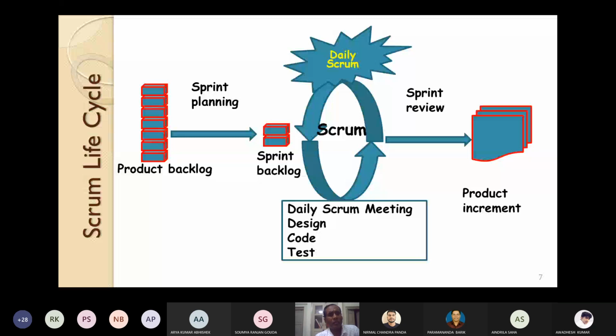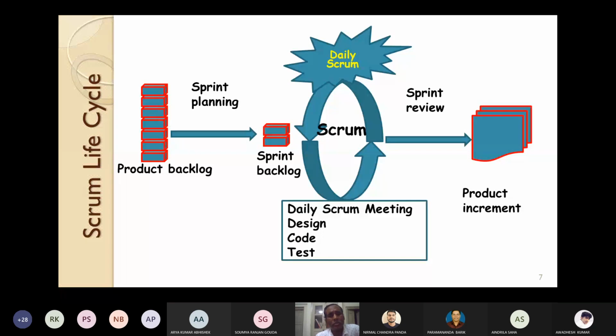So let's see about the Scrum lifecycle. How is the product developed in a Scrum lifecycle, or how does this Scrum lifecycle move? First, all the requirements you have to put in a list called the product backlog. Then you have to make planning for a sprint. Sprint can be 1 month or 2 months.